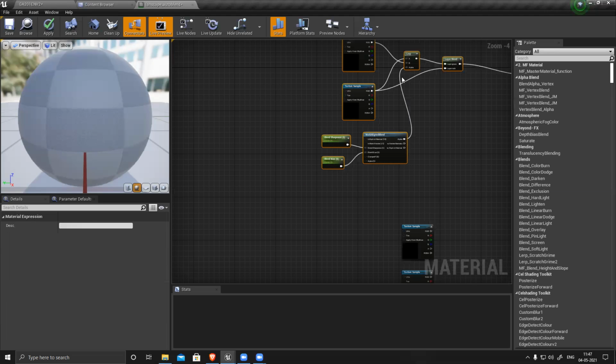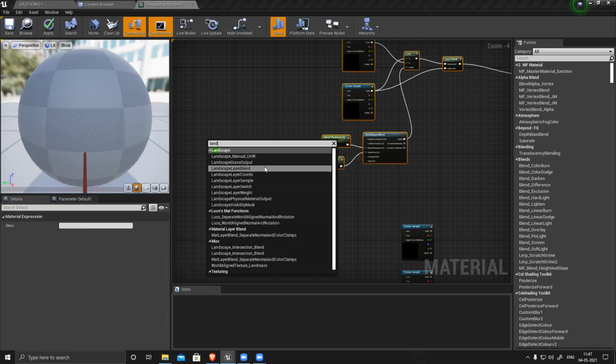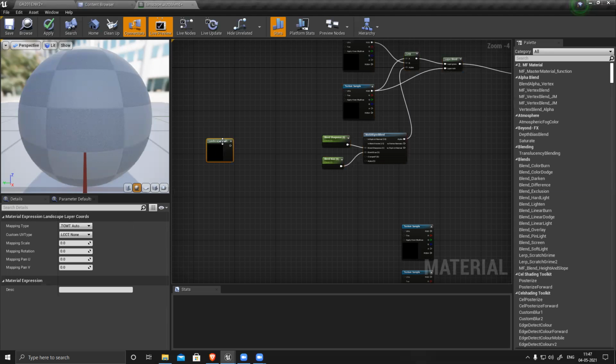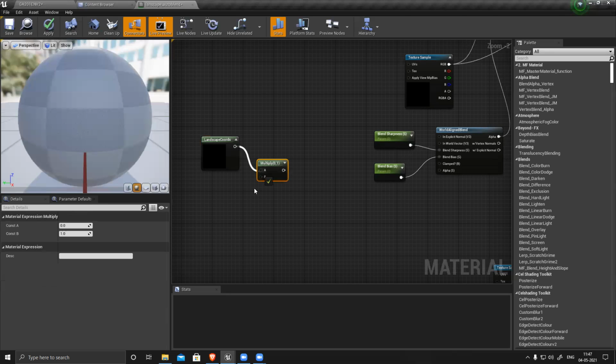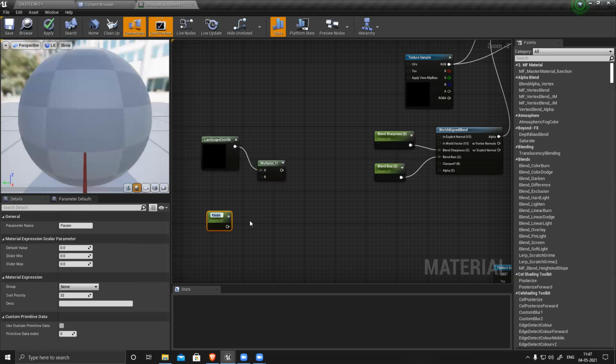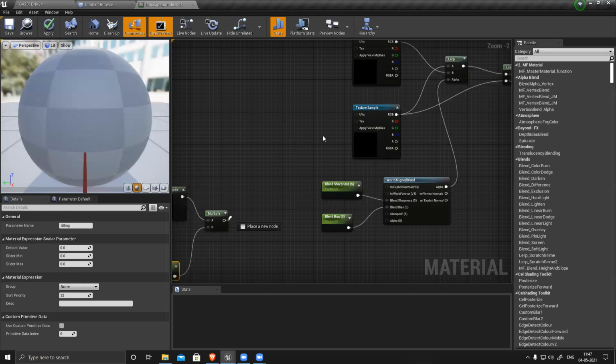But to complete this landscape material, we have to connect the landscape coordinate. This one you apply to control the tiling of the texture. Multiply with this A, one scalar parameter is tiling, and connect with B, and apply this wherever you want to apply.